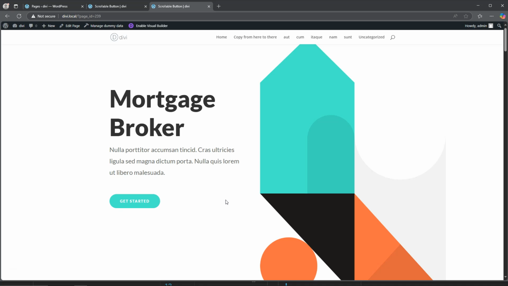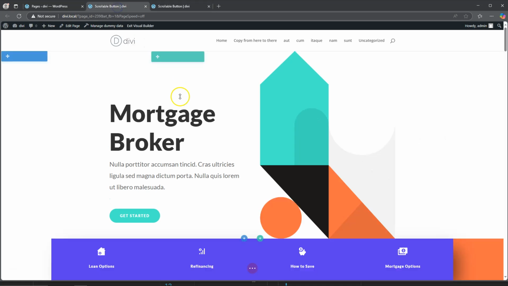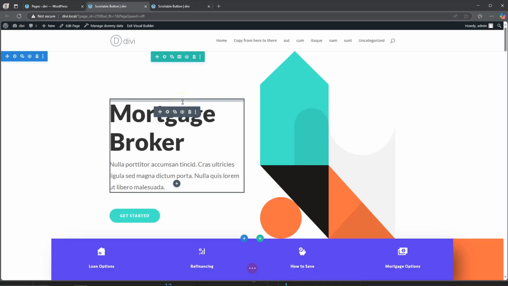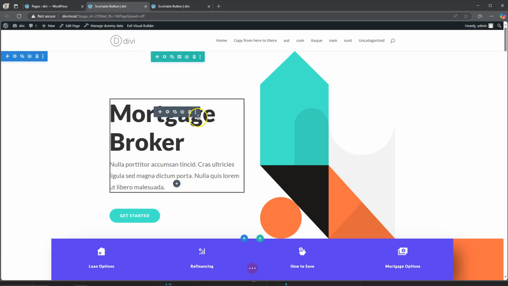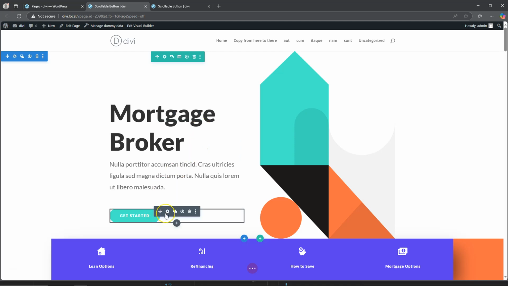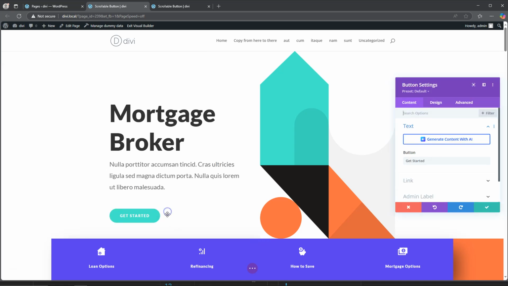Okay, so how do we do this? Well, let's jump onto the Divi page where we are editing it. There are two things we need to do in order to get this to work. You can do either one first. The order does not matter, but you just need to complete these two components. So the first one is we jump into the button,